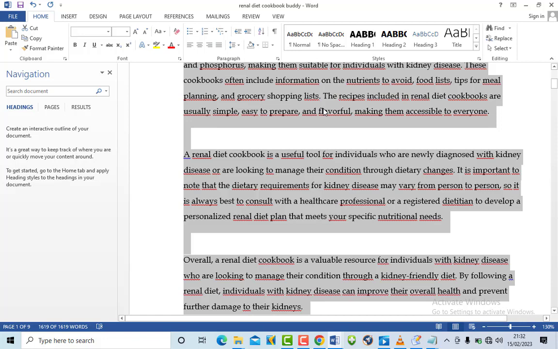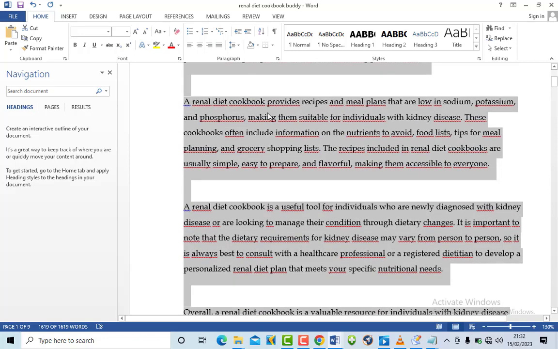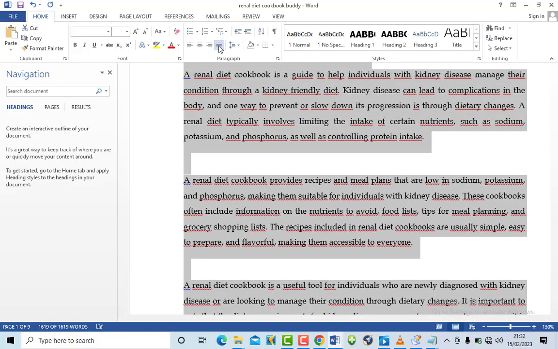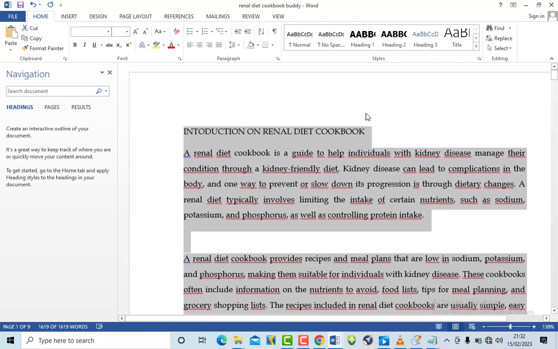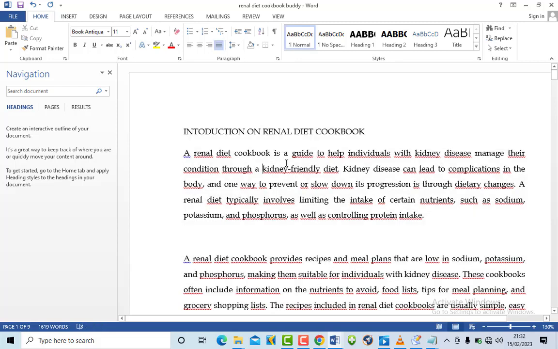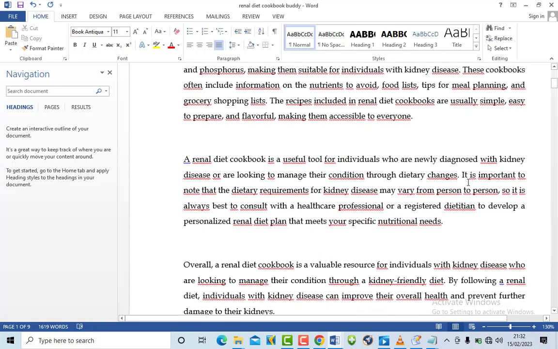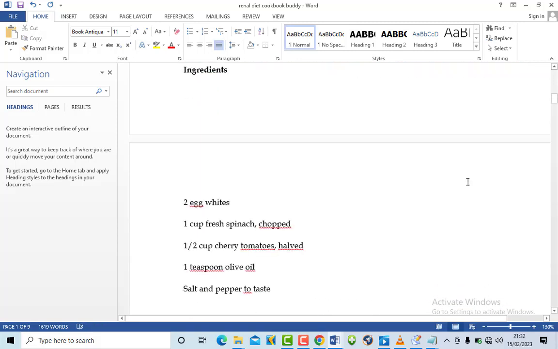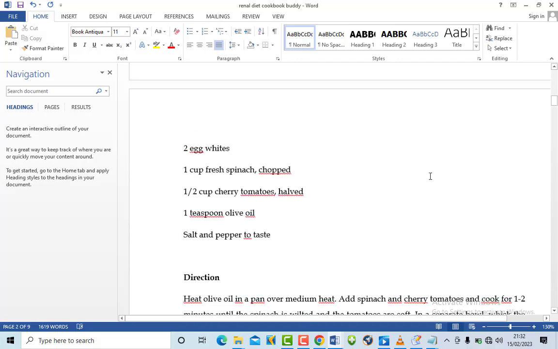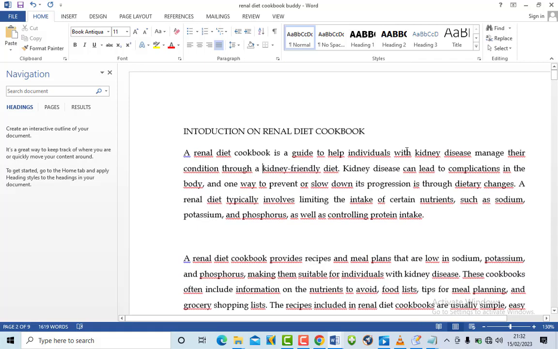You can see that I'm still highlighting the whole text. By the time I click justify, you can see that everything is now well aligned. So I'll click out. You can see that my book is getting more organized now. And then what do I do next? I come here,